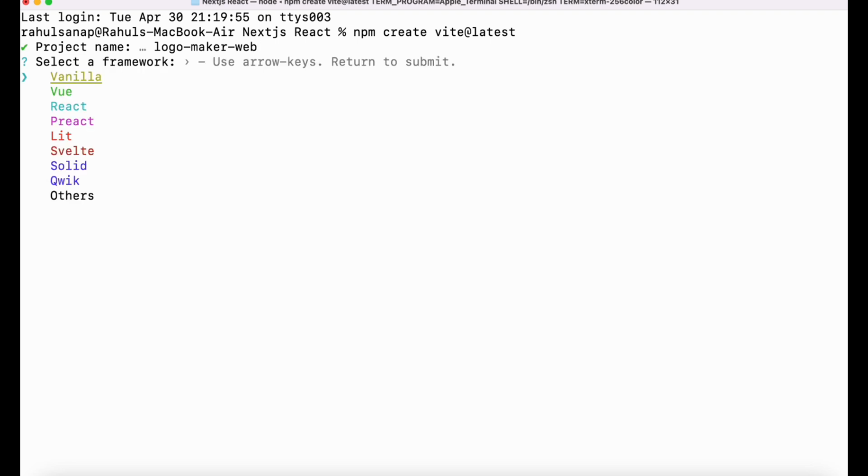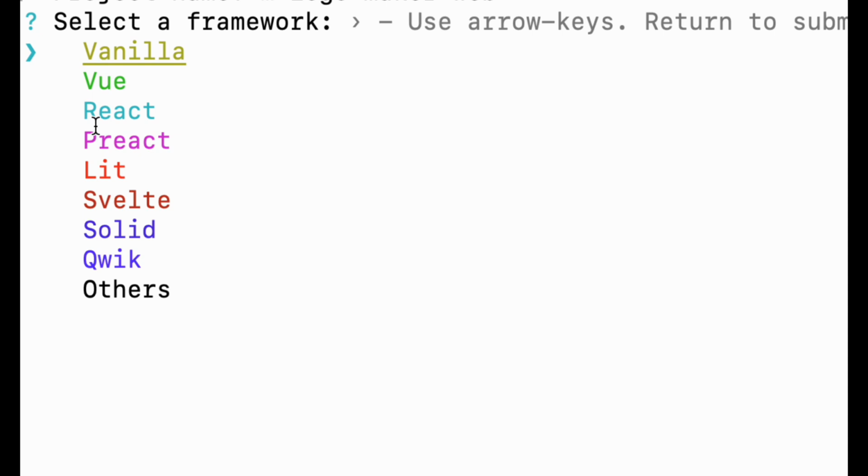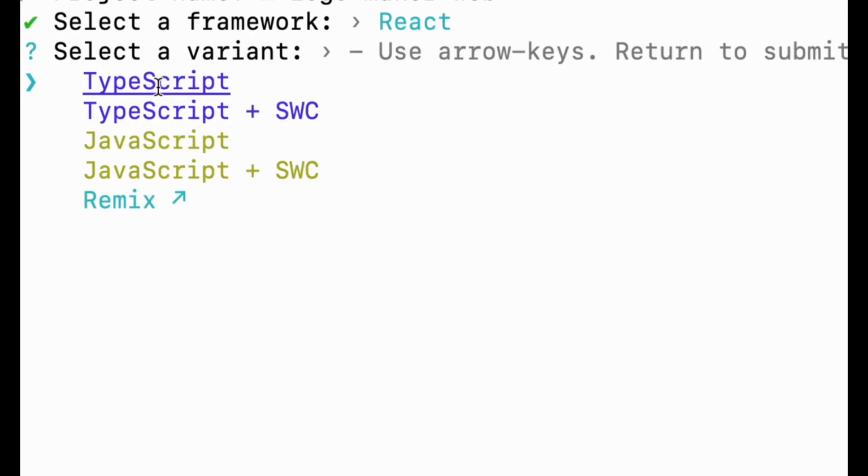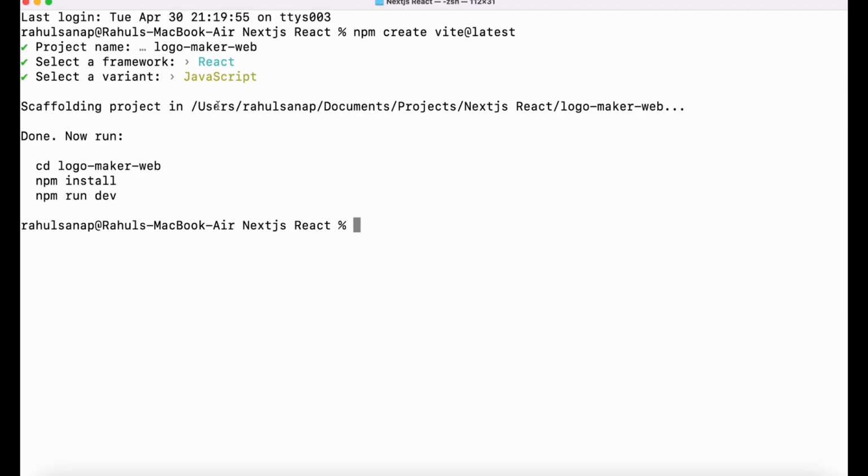Then you can select the framework. Here you will see we have a bunch of frameworks like vanilla, Vue, React. Obviously we will go with React. Then we have to select the variant. We have TypeScript or JavaScript as well. In this particular example we're going to select JavaScript, and boom, our application is now ready. Let's open VS Code